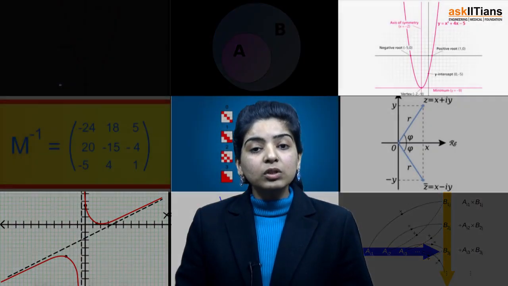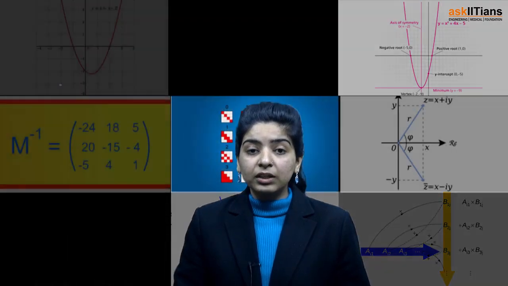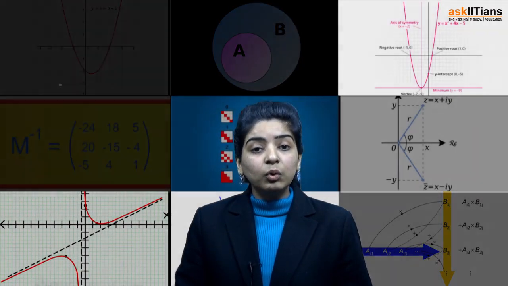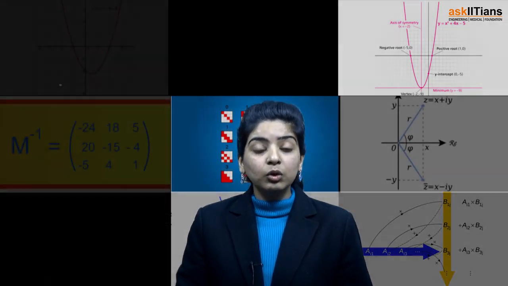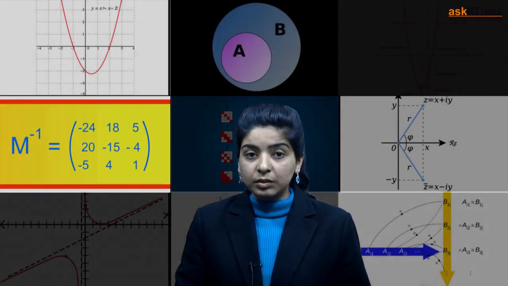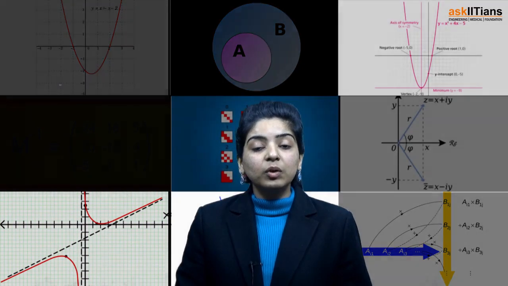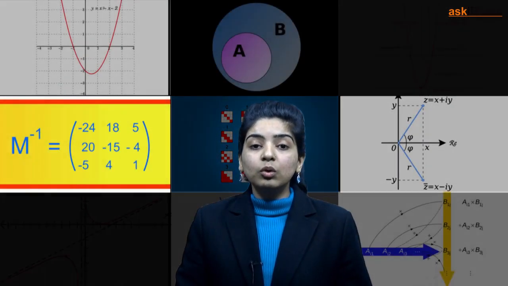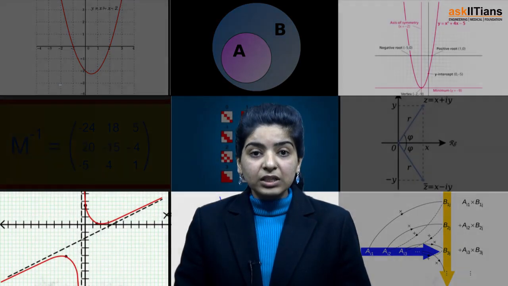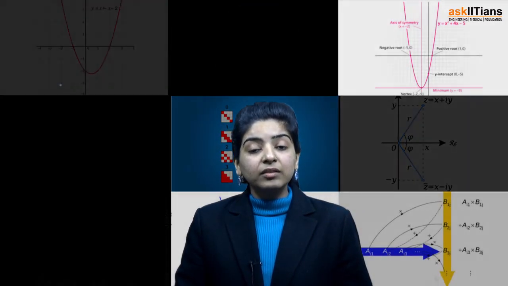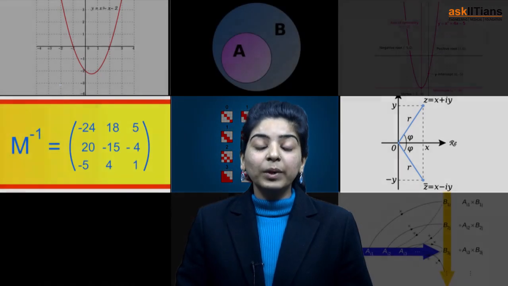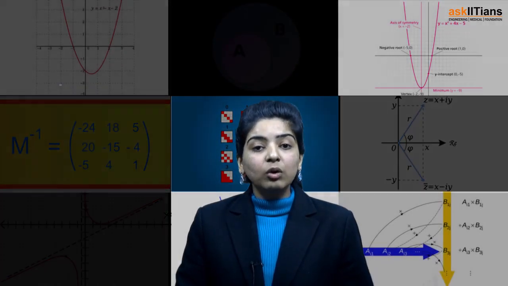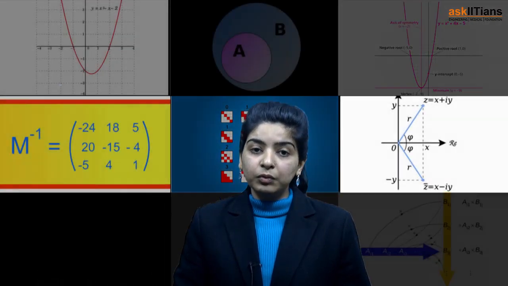Now, we also discussed the concept of adjoint of a matrix and inverse of a matrix, which are quite interrelated, and so if you don't understand one concept, you are not going to be able to attempt any question on the related concept. We have also discussed the concept of system of equations, in which we stressed on two concepts, that is Cramer's rule and the matrix method. And another concept that is interrelated is the concept of augmented matrix. So try to focus on these concepts as well, as they are also important from the examination point of view.